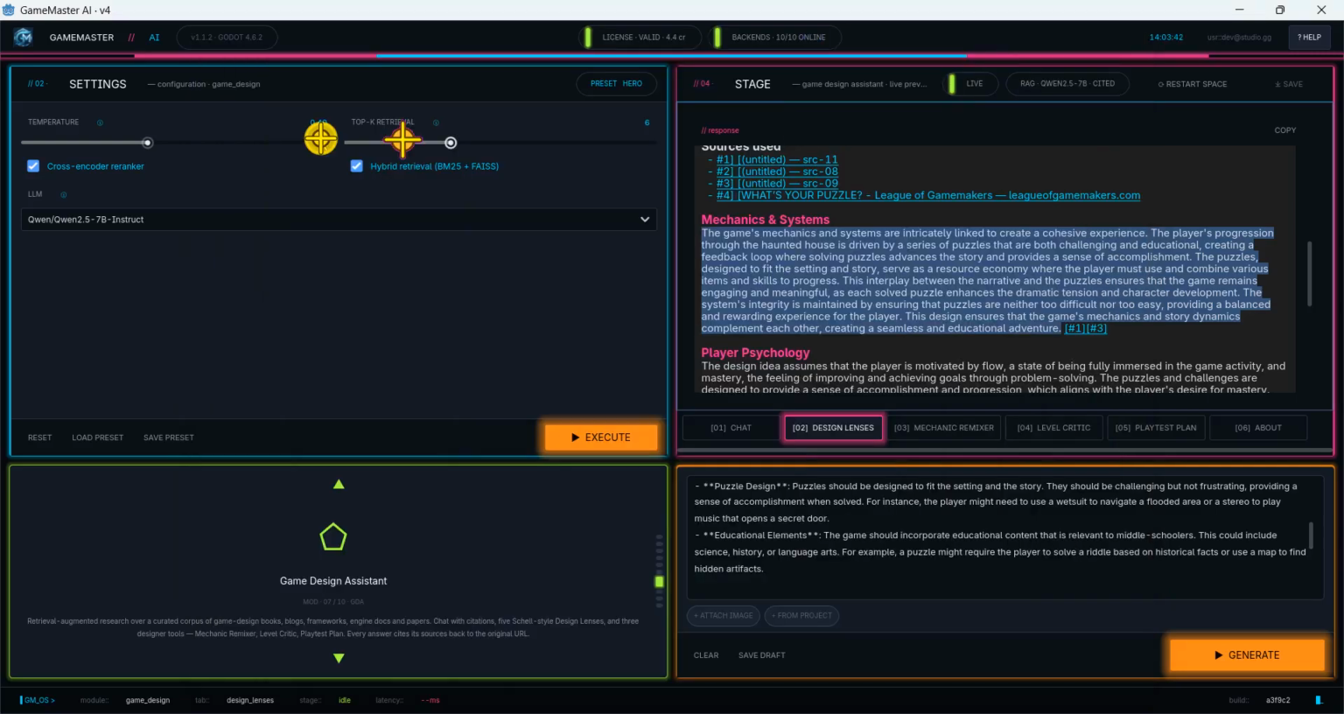Welcome to this tutorial on the GameMaster AI plugin suite. Today we'll look at the game design assistant modules, mechanic remixer